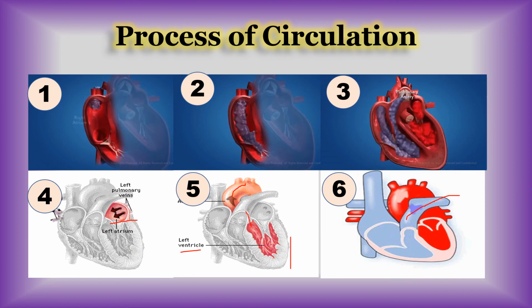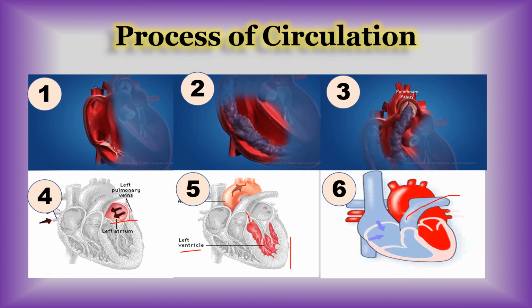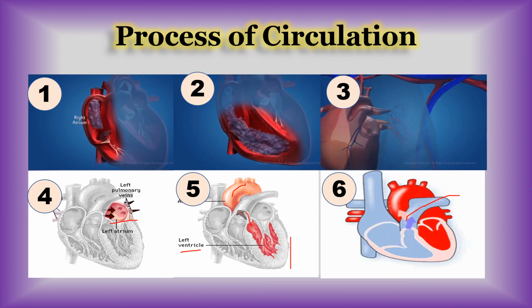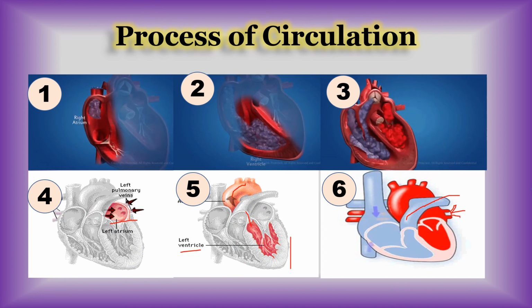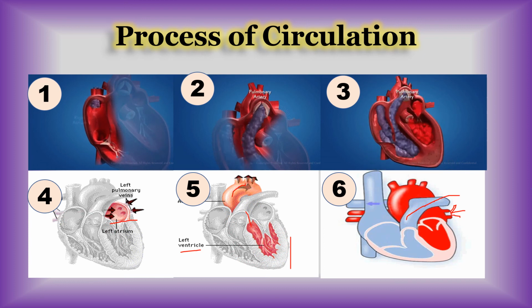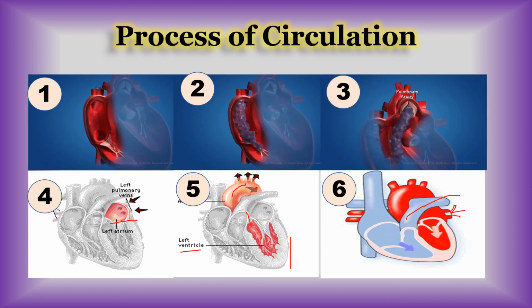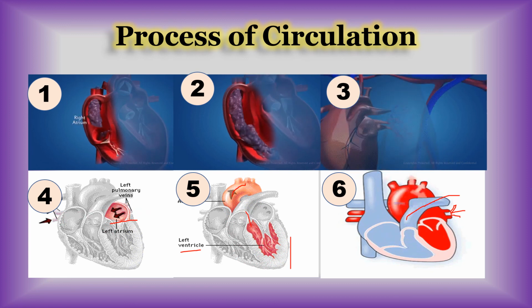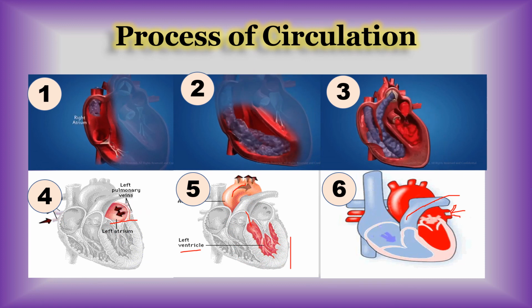Once the purification is done, the oxygenated blood enters from here, that means from the lungs to the heart in the left upper chamber, that is the left atrium, and from there it is collected in the lower left chamber, that is the left ventricle, and from there it is passed to